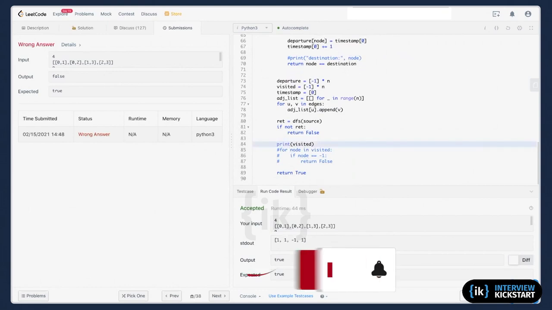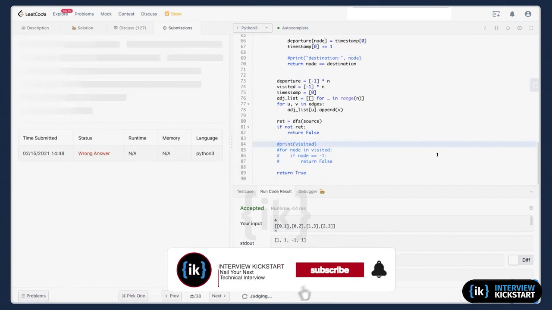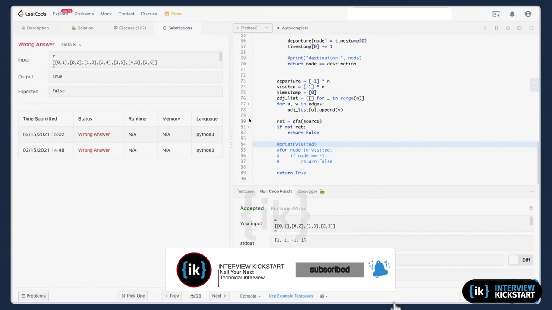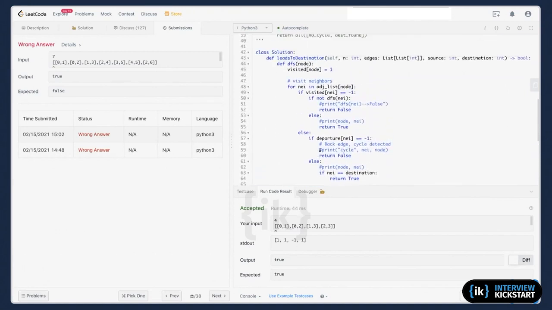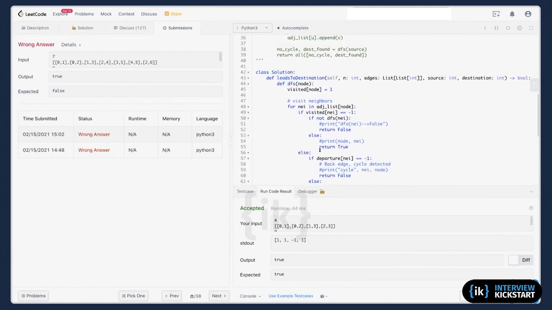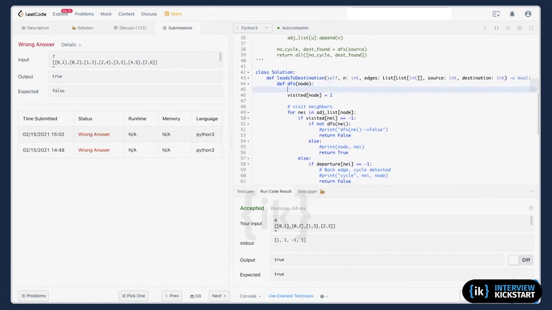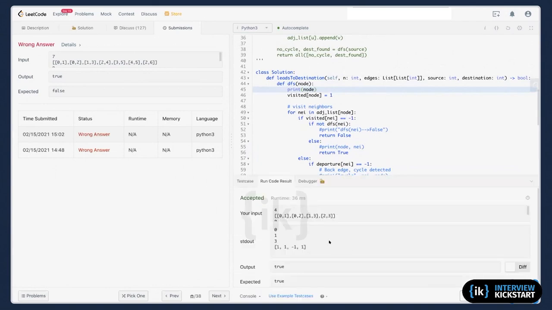Really? Let me try this one again. Yeah, definitely it's not working. Let's see, 2. This one. Oh, I didn't even reach 2. Why? I don't even go to 2.